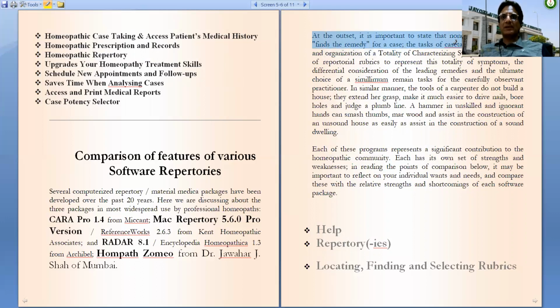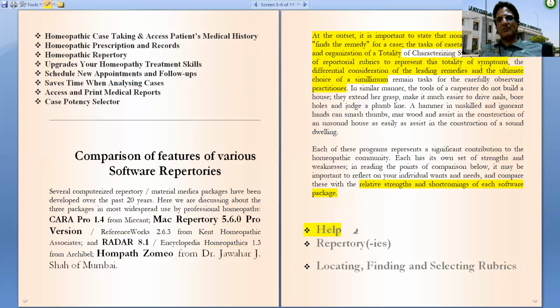The task of case taking, perception and organizing of totality, the choice of repertorial rubrics for totality of symptoms, the differential consideration of the leading remedies, and the ultimate choice of similimum, they all remain the work of the observant practitioner. So various software repertories have their strengths and shortcomings, which we are going to discuss.